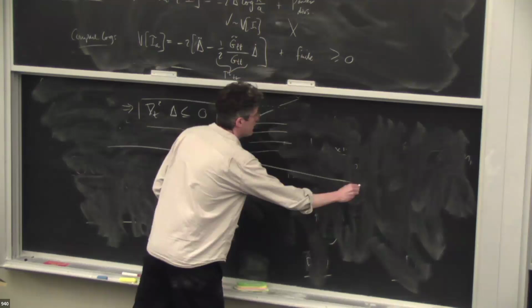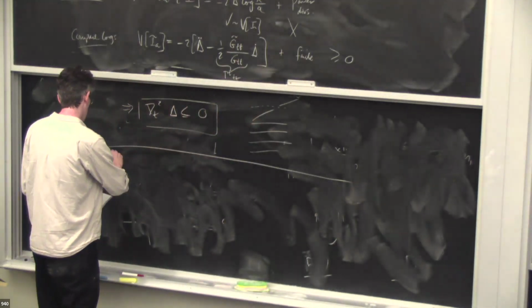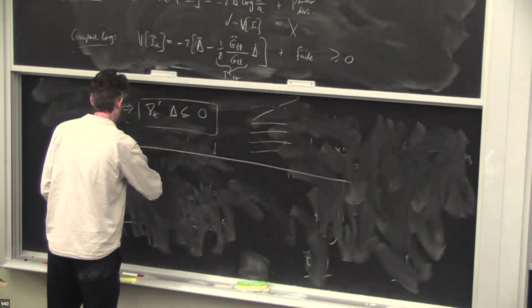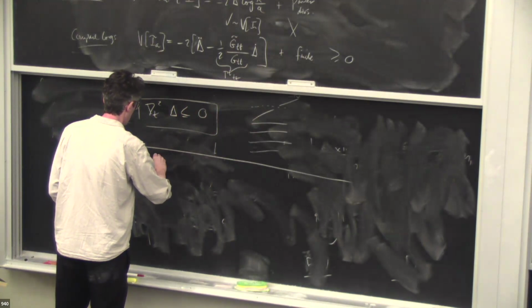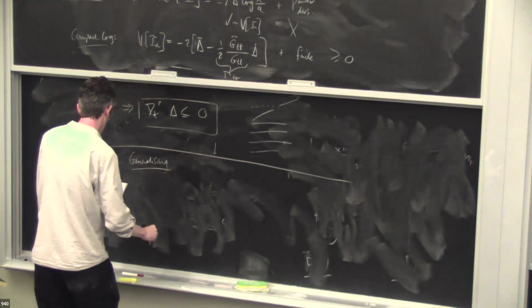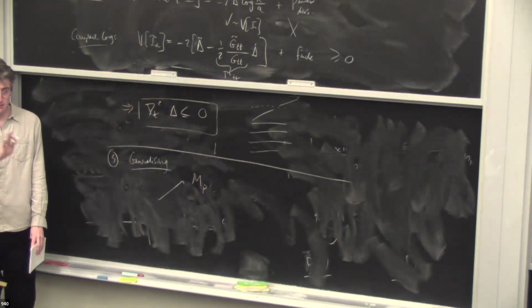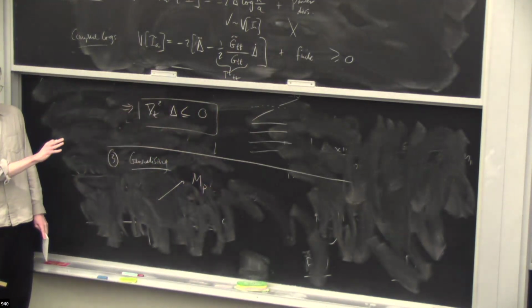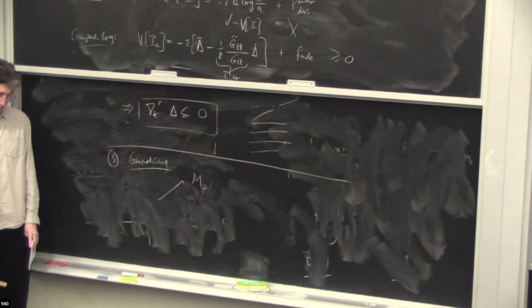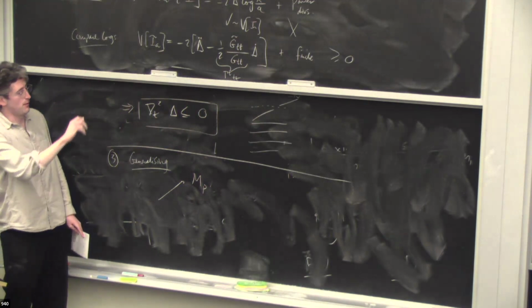So this was the simplest case. Let me just comment verbally about generalizing to the general case. So you want to have a multi-dimensional conformal manifold. And as I mentioned earlier, the way to argue for this case is just to go along geodesics, apply the 1D argument, and use the geodesic equation to basically play the role of this affine parameter.